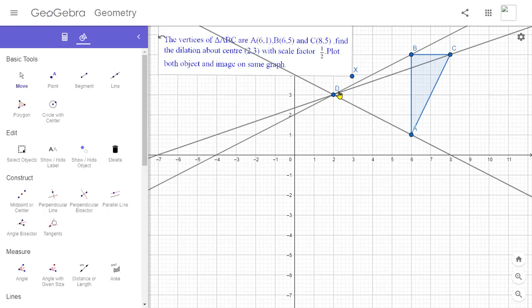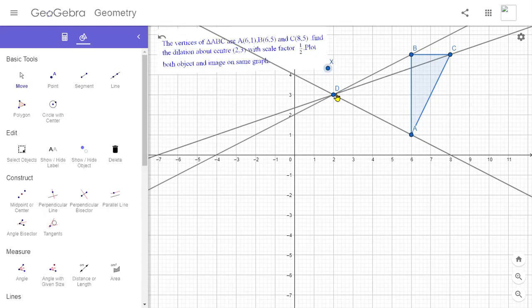If the scale factor is negative, then we have to move in the opposite direction of the object, in this direction. But here the scale factor is positive, so we have to move along this direction towards the object by 1/2 of DA. Let's say for example DA is 6 centimeters, then half of 6 centimeters is 3 centimeters. So from point D we have to move 3 centimeters towards this object. And this is the meaning of this scale factor.